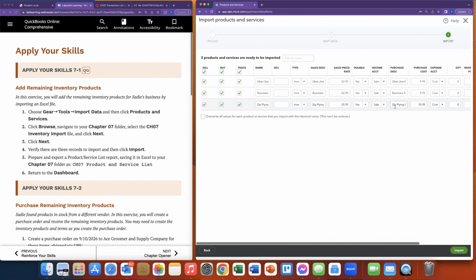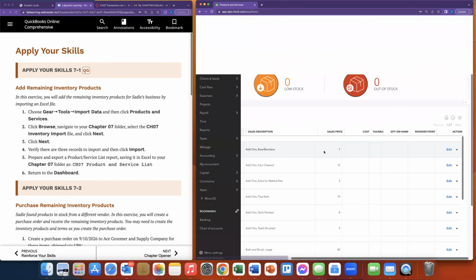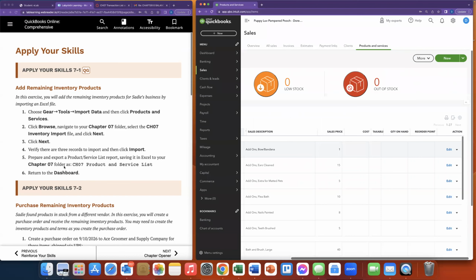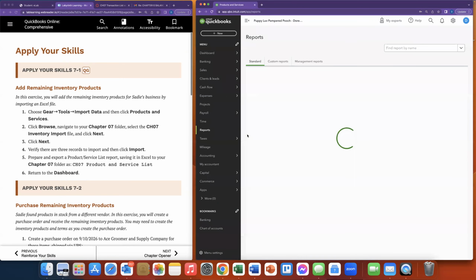Check your data, if everything works out, if the sales price is really under the sales price, description, etc. If that all works out for you, you say import, and I will just close it because I already have done that. After we imported it, the system asks us to extract a product and service list report. We're going here to reports,